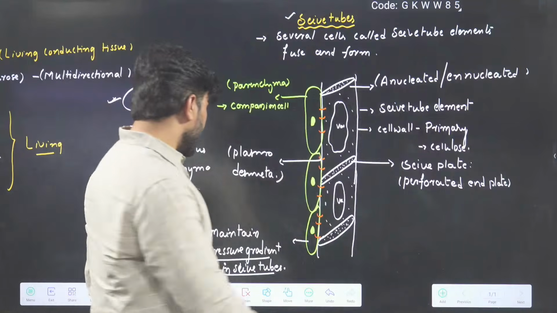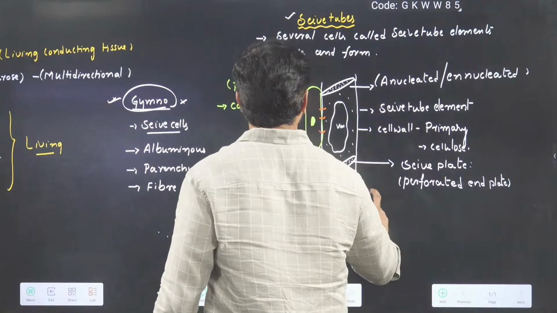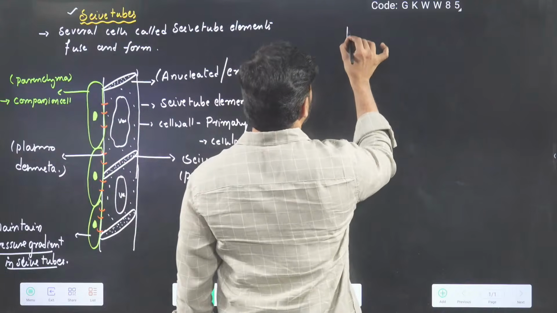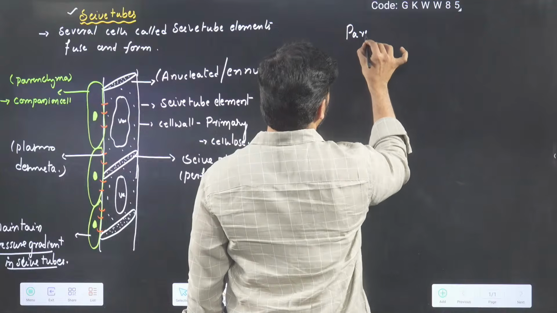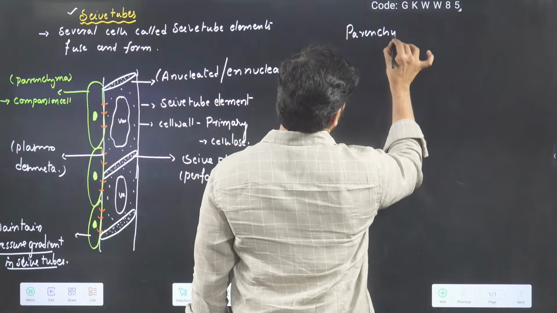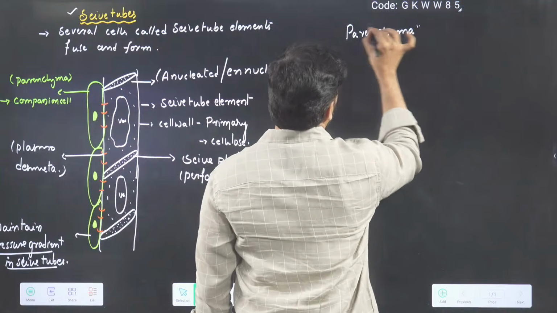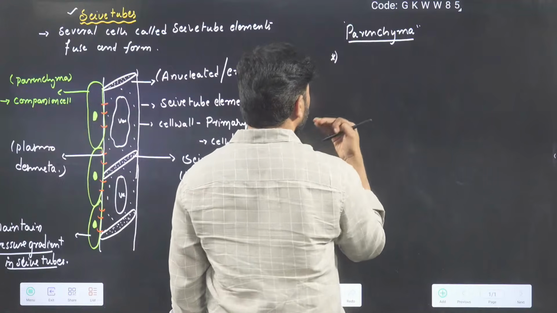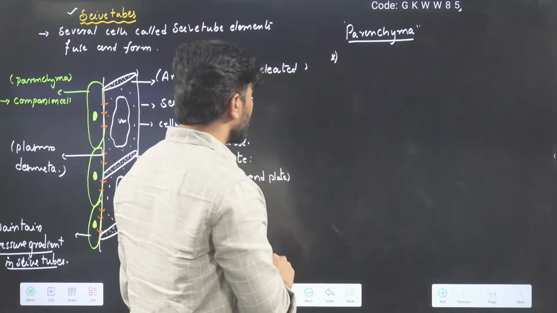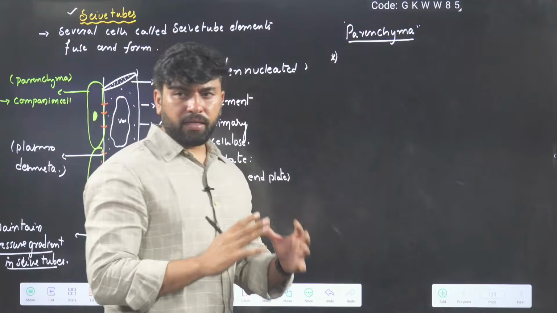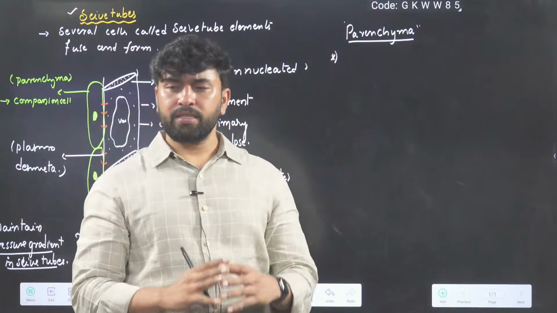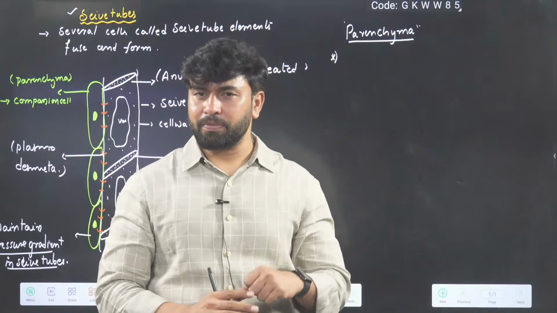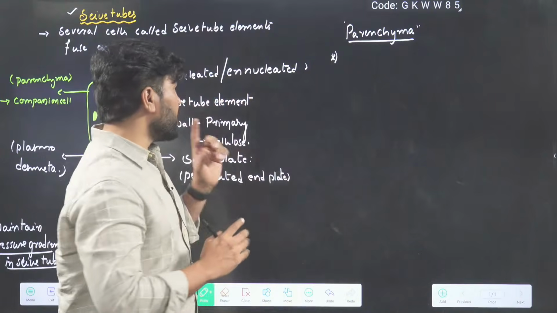Okay? Next, after sieve tubes and companion cell, one thing we need to talk about is phloem parenchyma. Whatever structural details you noticed associated with parenchyma earlier, the same details, thin wall, living cells, and all those properties of parenchyma are applicable here also. But in addition to that, one thing you should remember,